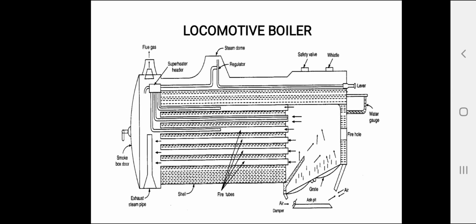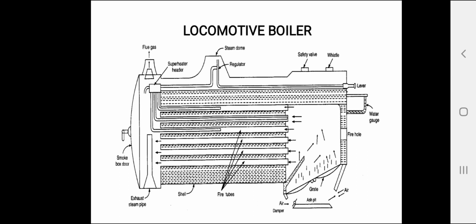There are some advantages of locomotive boilers. Large rate of evaporation, that is 50 to 70 kg per second per square meter of heating surface. There are several advantages: freedom from brickwork, chimney and special foundations, which reduces the cost, and forced circulation is used. Reasonably low cost and compactness make it ideal for a portable unit.